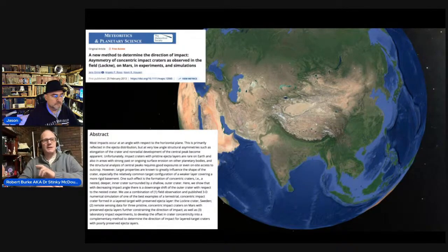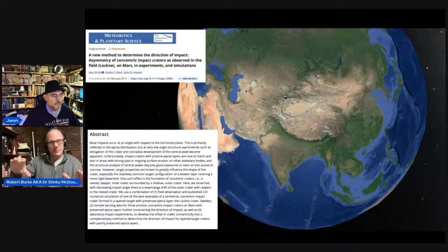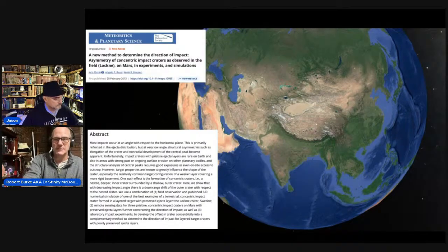And it says in the abstract, most impacts occur at an angle with respect to the horizontal plane. Now, this should make perfect sense to every single person listening today, because the planet is rotating at over 1,000 miles an hour. Anything that hits the Earth as an impact is going to make its impact along the horizontal plane. It will leave a streak pattern. And one of my talents, if you will, is